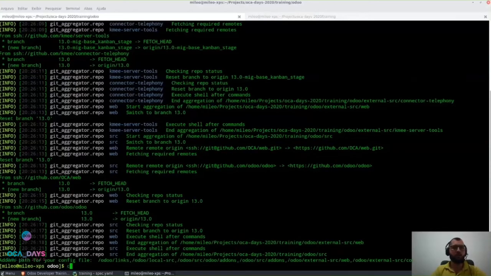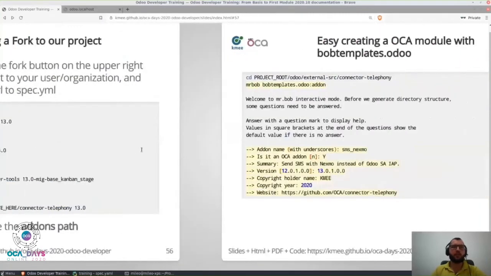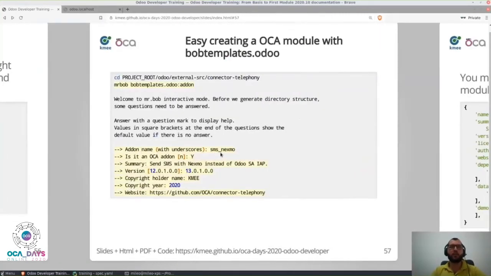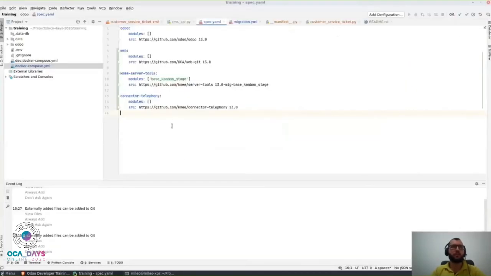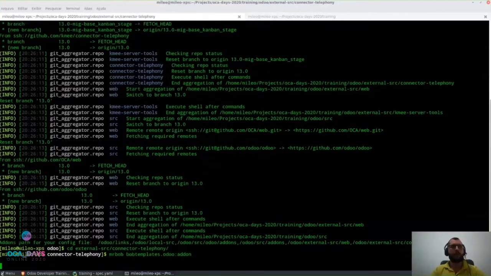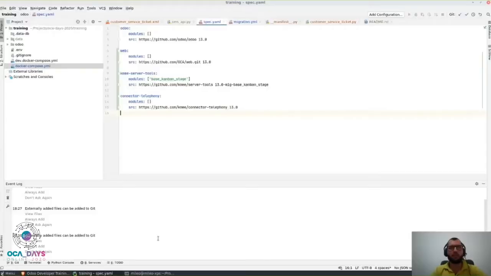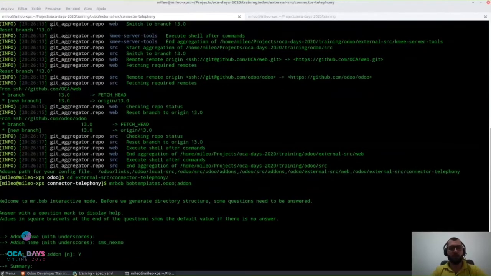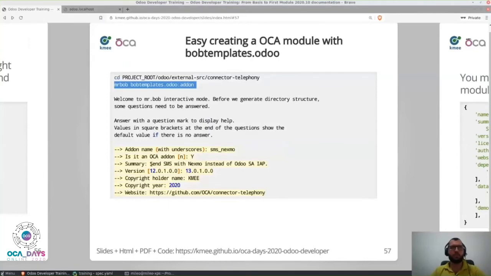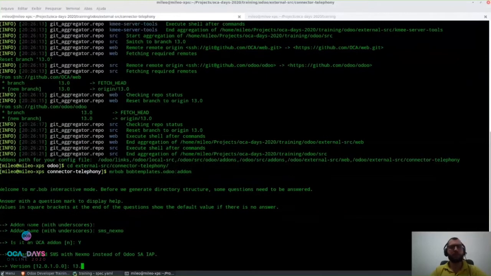Now we have to go to the connector telephone folder and create your module called SMS Nexmo with the help of the glorious Mr. Bob template. And SMS Nexmo. Yeah, this is Nexmo. It's an add-on now. Let me copy the summary here. It's easier. Version 13